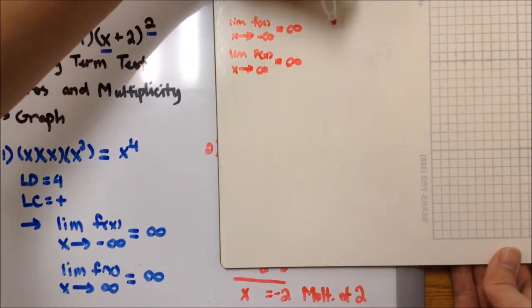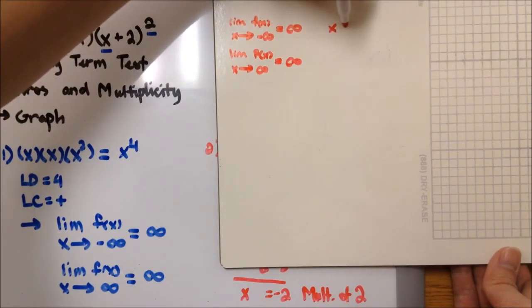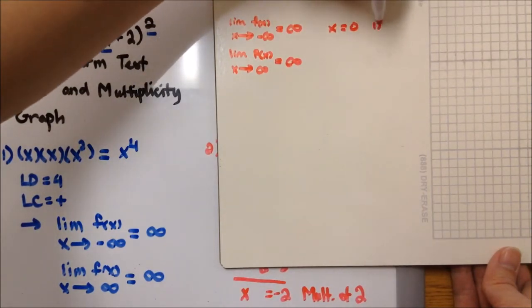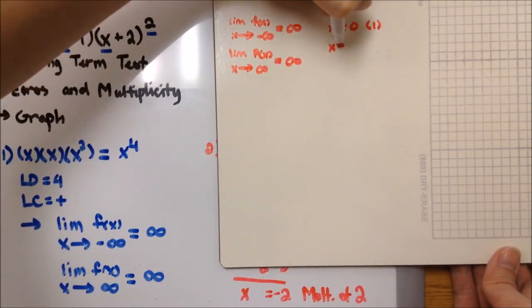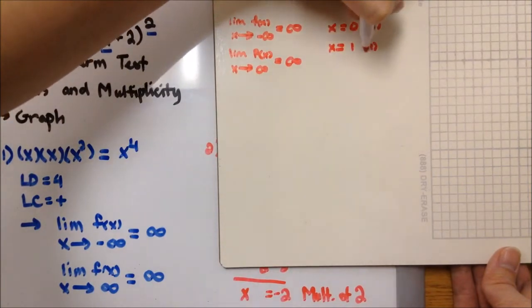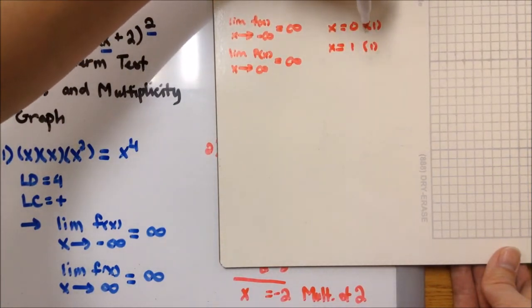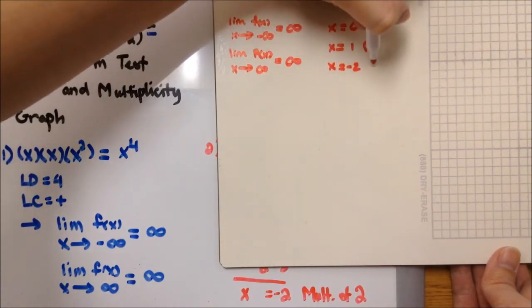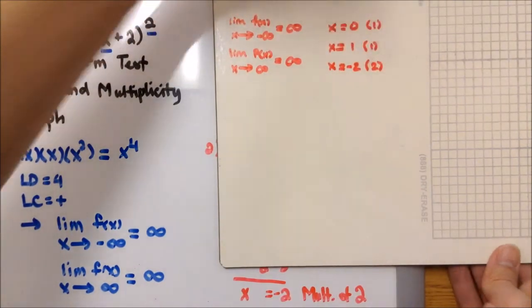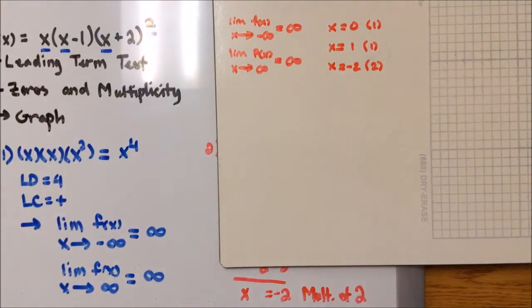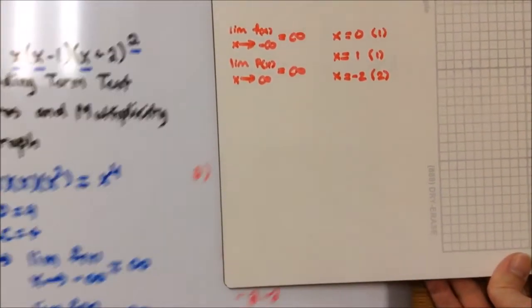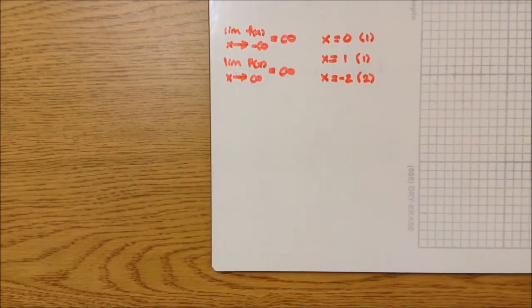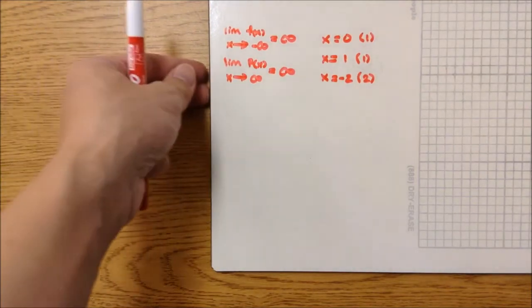And then our solutions. Now here I'm writing 1, that means multiplicity of 1. Here multiplicity of 2. Alright. So with this information,